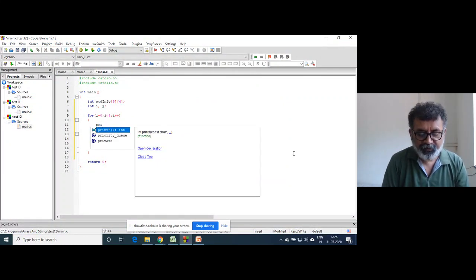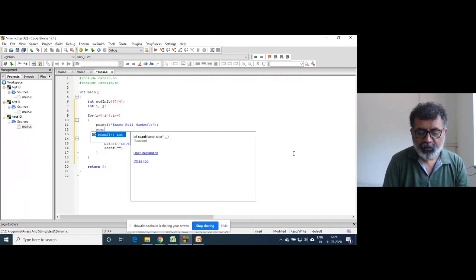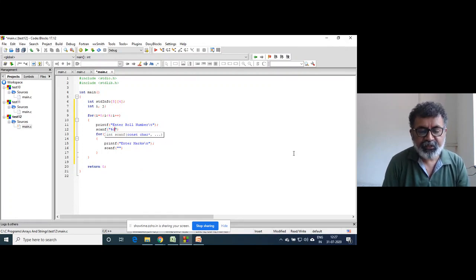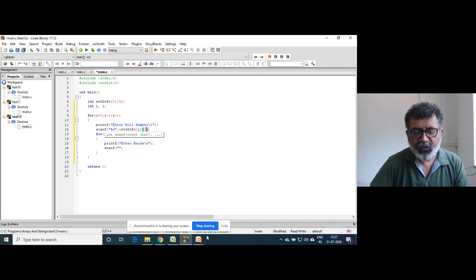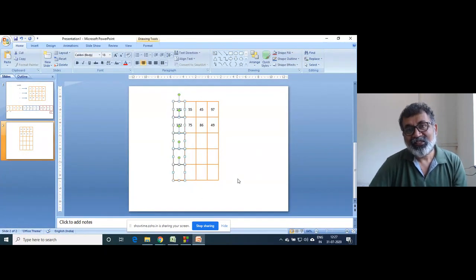You'll write printf enter roll number, slash t, and scanf percent d, and in the std info you have to write index i and here permanent 0, because in this column the value of that second index is going to be 0 for all.